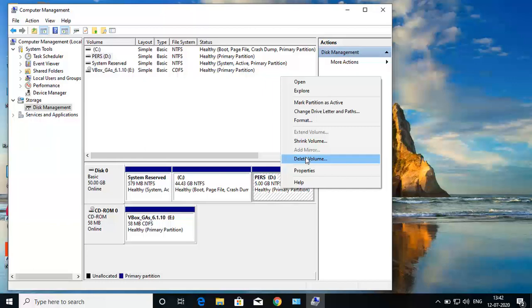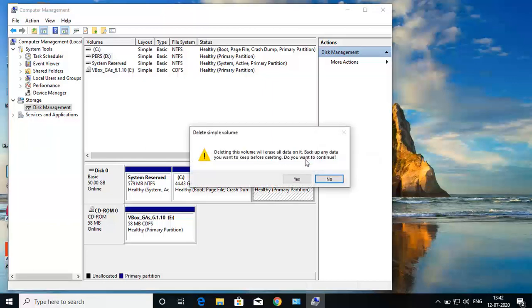As we have just created it and no data is there, we'll delete this volume. It gives a warning that all data will be erased. We'll click Yes.